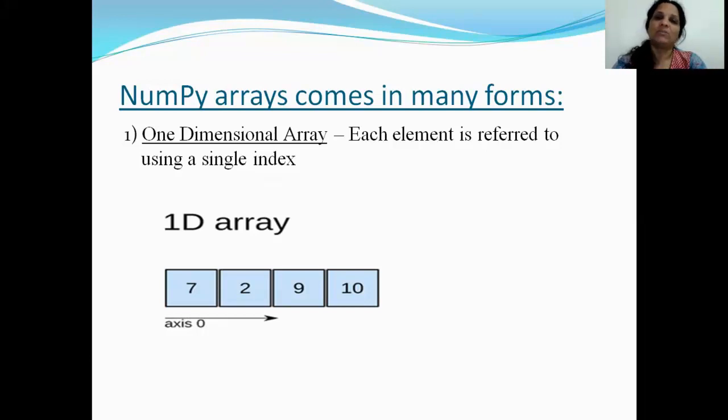Similarly, you have one-dimensional arrays where you have stored a list of elements. Either you think of the elements going from left to right, or from top to bottom, doesn't matter. It has only one dimension, and we say that it has only one axis. And the only axis that it has is called axis 0. So a one-dimensional array has a single axis, and that's called axis 0.